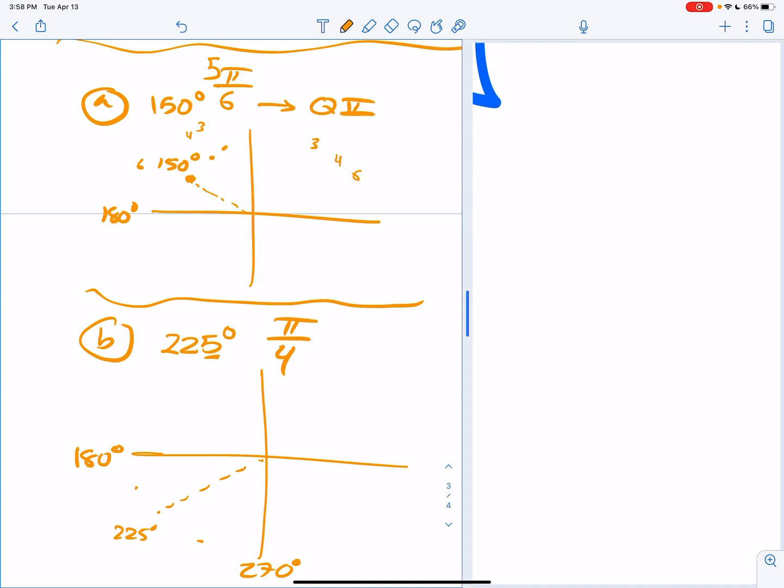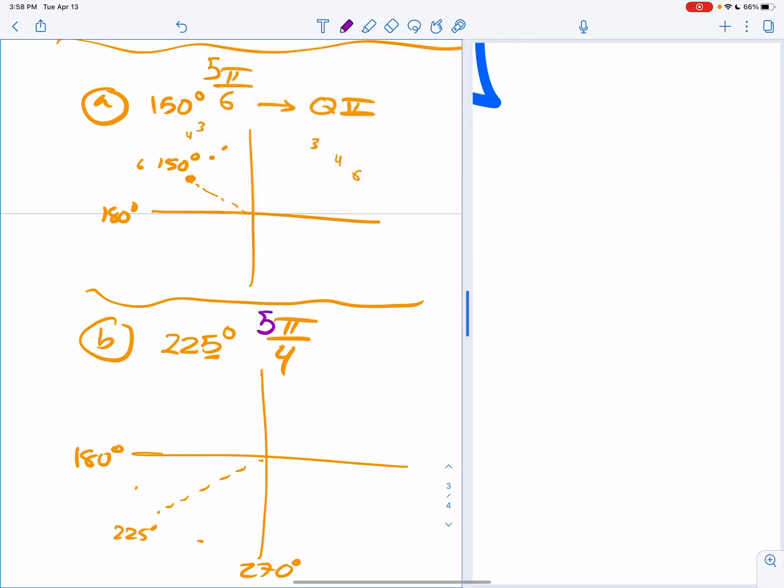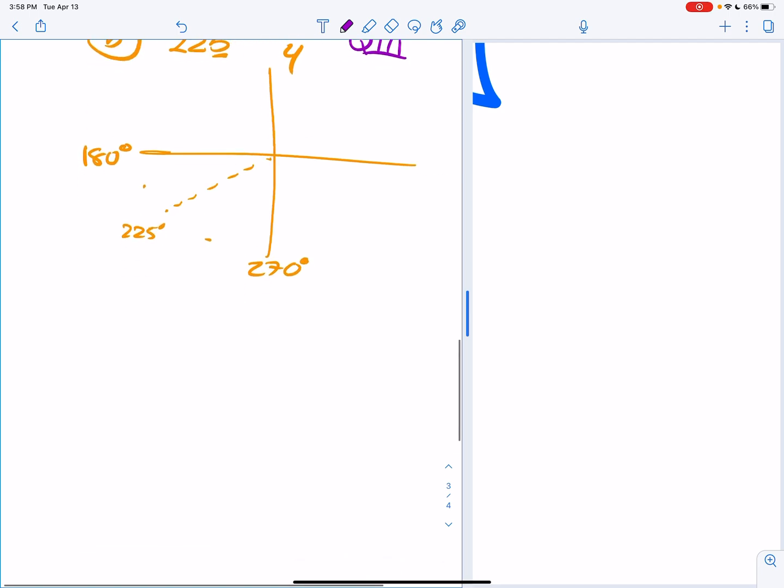So in quadrant 3, I know that I have to add 1. So my radian would be 5 pi over 4. I'm clearly in quadrant 3. Okay, that's what's going on in my head. I'm drawing out the x and y axes for you, but eventually you won't need it, okay, with enough practice. Here's part C. Go ahead and try this one here. Let's do